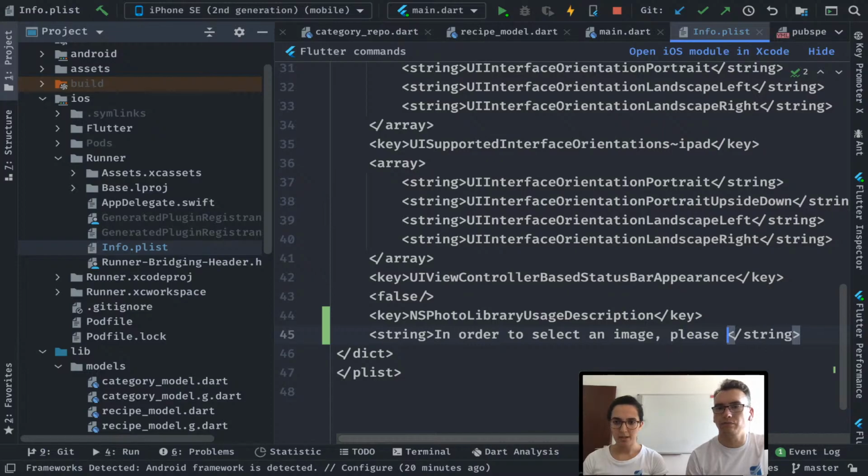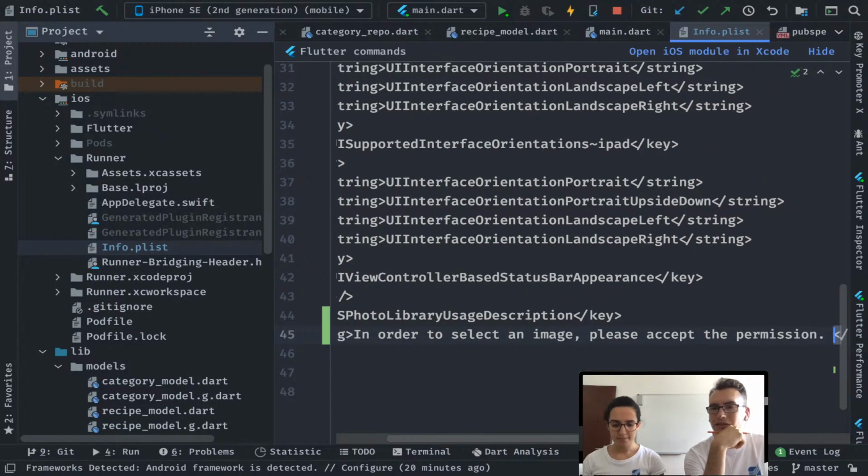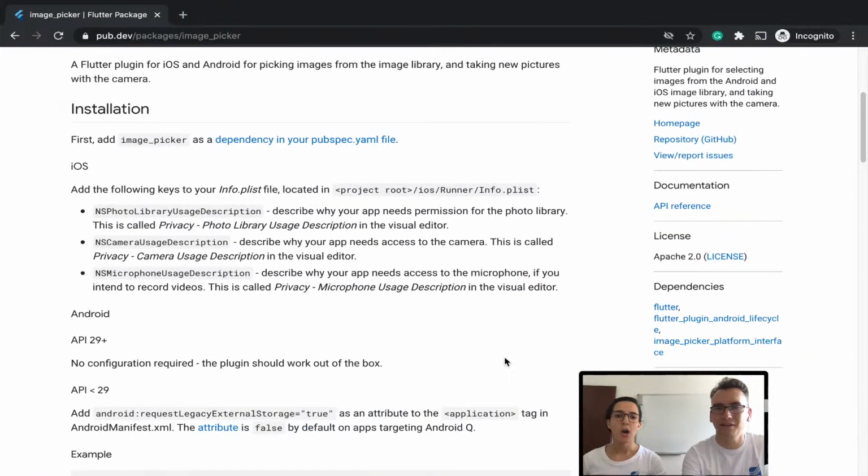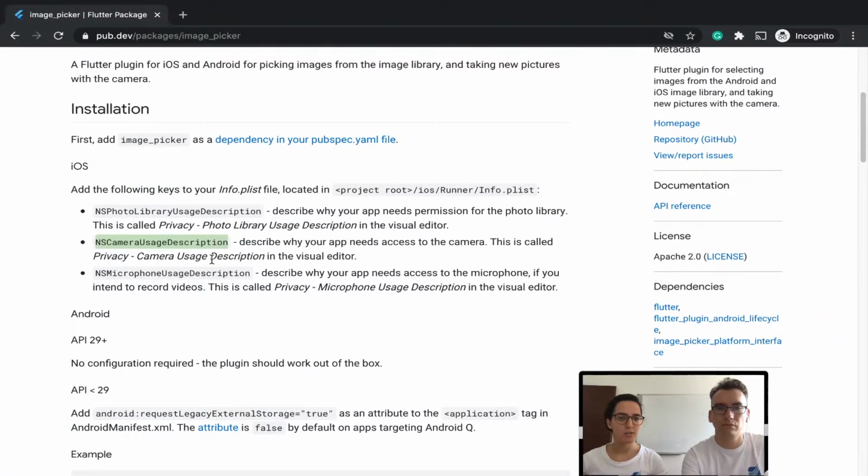We need this permission. It's not finished yet, but it's something, still better than just user-defined images. Do we need the camera usage at the moment? No, just keep it for now. Or you can add it. I thought we are here, so let's add it. That's a good point, yeah. But